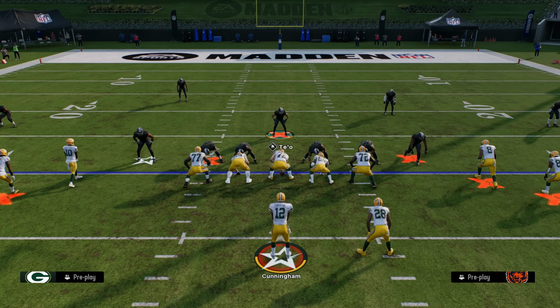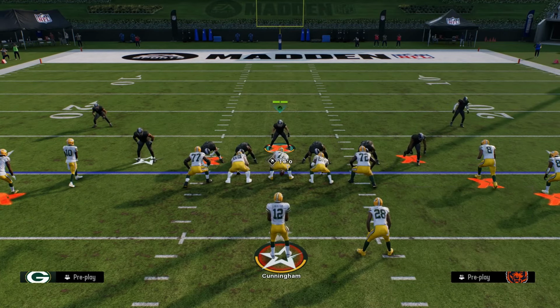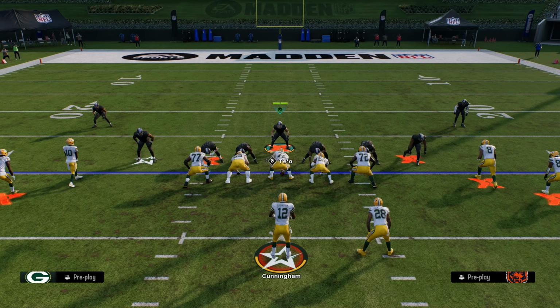So for those of you guys who are new to the game, we're gonna come out, we're gonna show blitz, which is triangle, and then R1 or right bumper. It's gonna bring your defense down. Then you're gonna crash your defense, you're gonna shift your defensive line to the opposite side of where the running